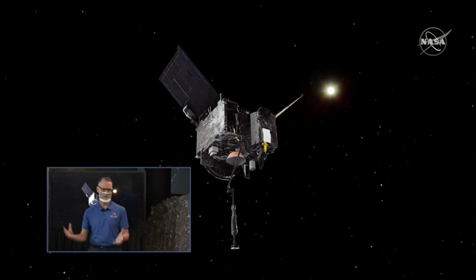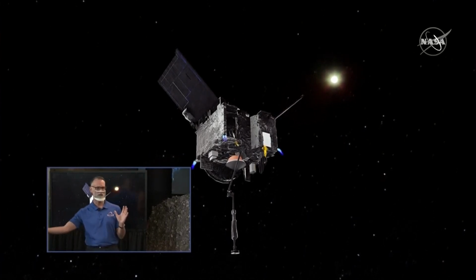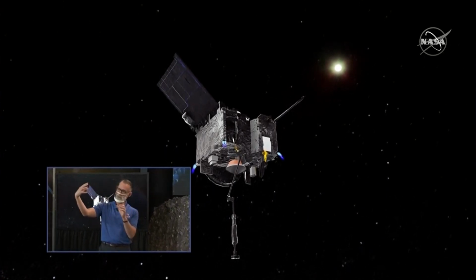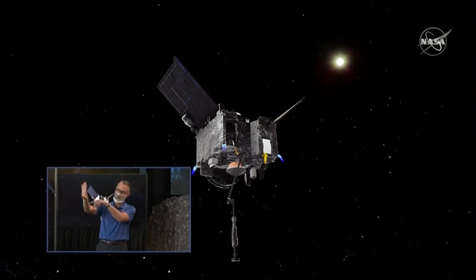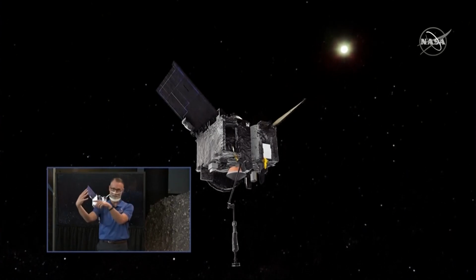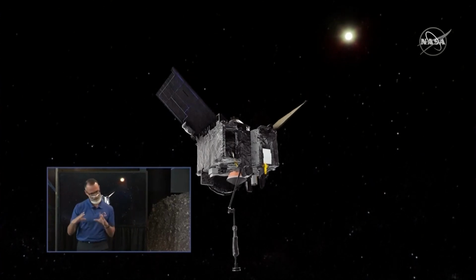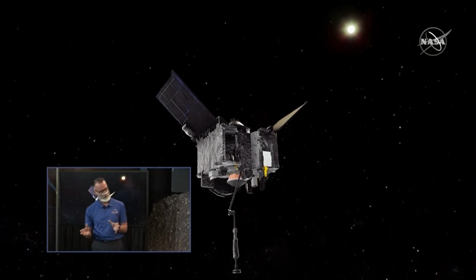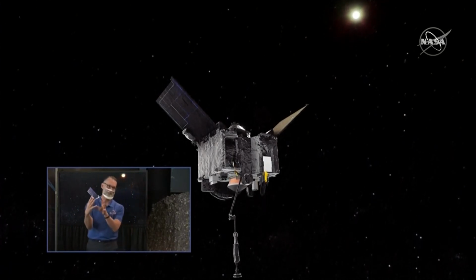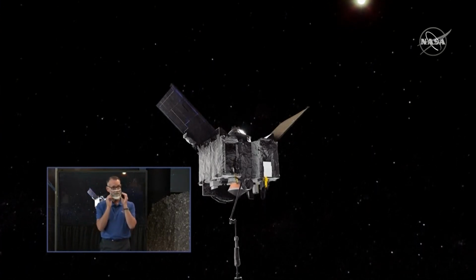After we're well away from the asteroid and everything has settled down, we have that robotic arm. We're going to use it to put the TAG SAM head into the field of view of SAMCAM. We can look not only at the top of the sampler head, like we're going to get with the images today, but we can also turn it around and look at the base of TAG SAM. In addition to the gas stimulation, we have contact pads. Simply by making contact with the asteroid surface, we think we can pick up fine-grained particles, less than a millimeter or so. Basically, we're going to be looking for any evidence of asteroid material on or inside the TAG SAM. Now, obviously, you don't want to go all the way back to Earth without...